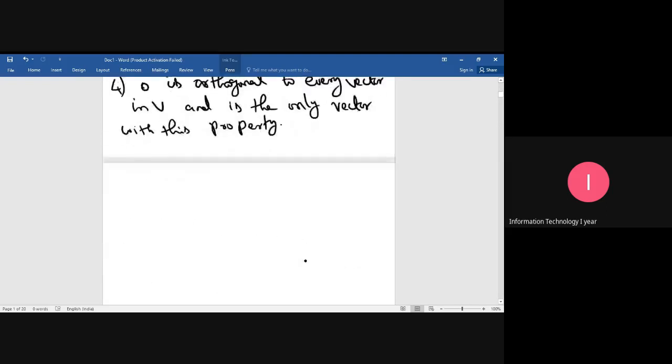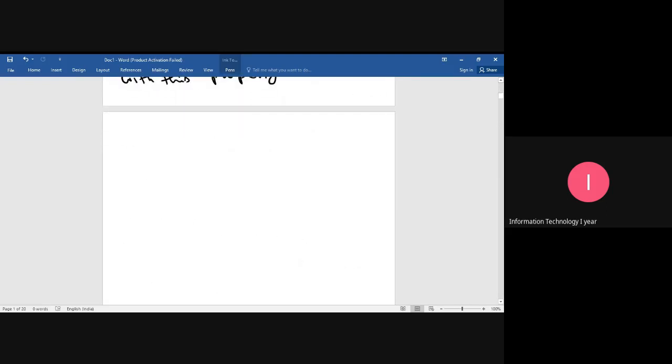So all these four notes are important statements in orthogonality. Orthogonal means inner product of x comma y equal to 0. Okay? So here again we have two more definitions. So you just keep the definition.